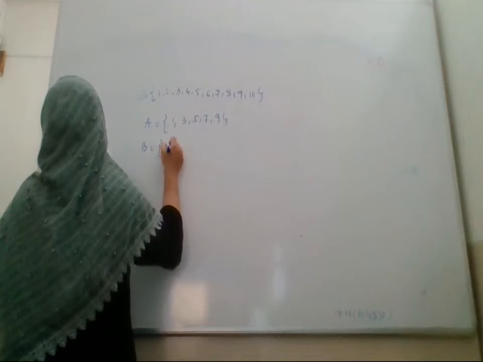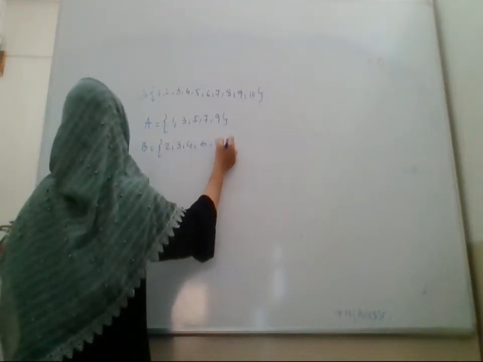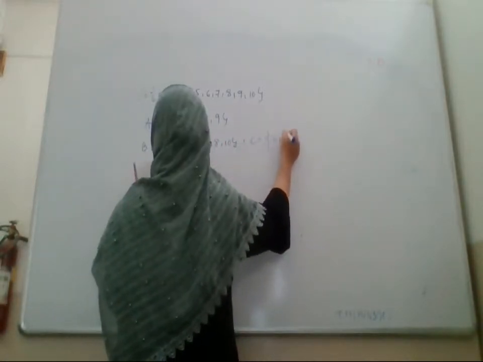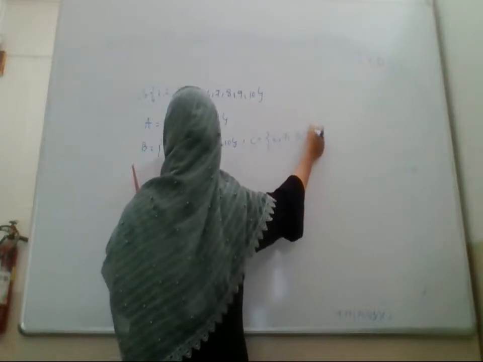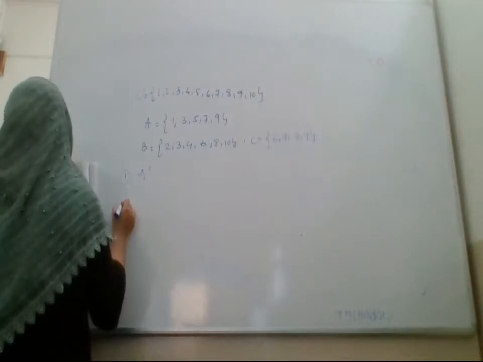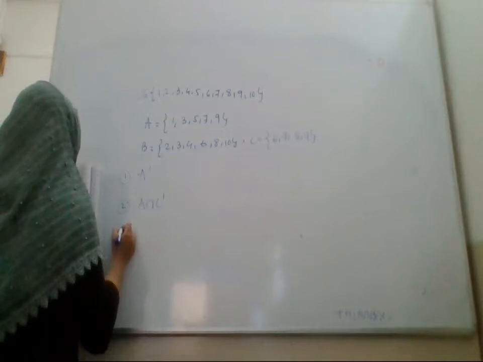Set B is equal to 2, 3, 4, 6, 8 and 10. And C is equal to 6, 7, 8 and 9. So you have to calculate first A complement, second A intersection with C complement, third